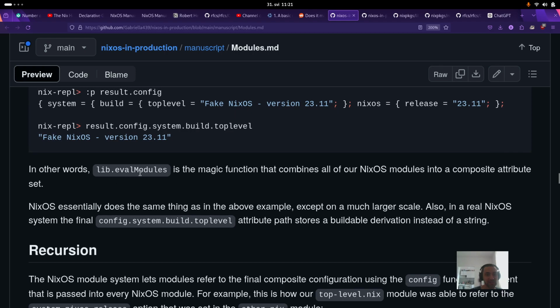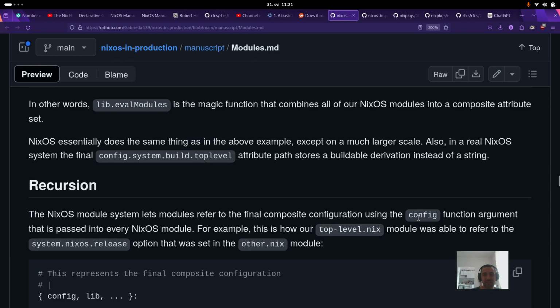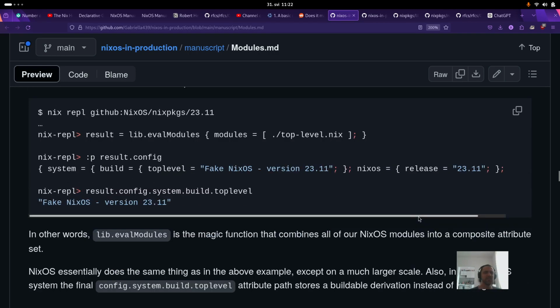In other words, lib.evalModules is the magic function that combines all of our NixOS modules into a composite attribute set. NixOS essentially does the same thing as in the above example, except on a much larger scale. Also, in a real NixOS system, the final config.system.build.toplevel attribute path stores a buildable derivation instead of a string. This is really deep